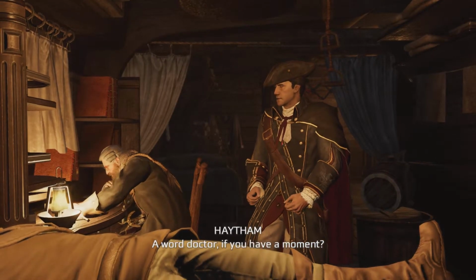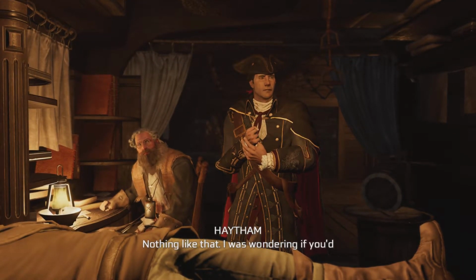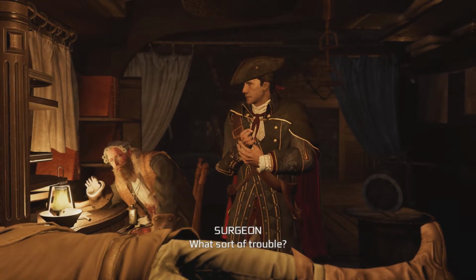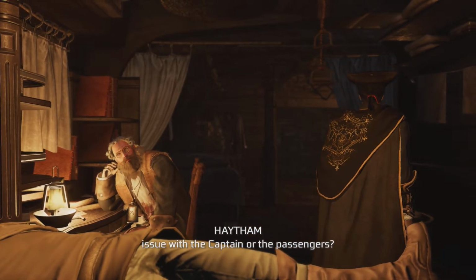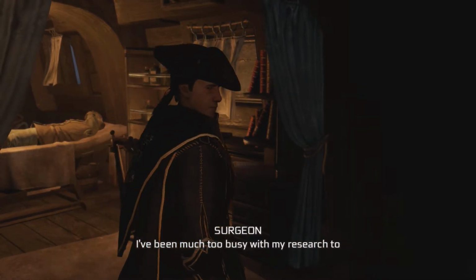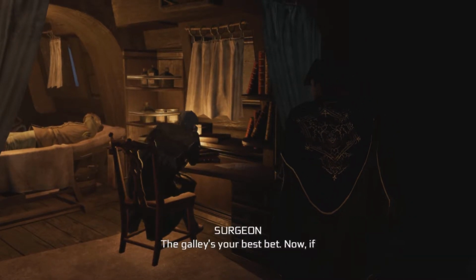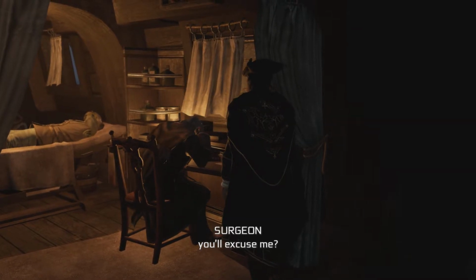A doctor, if you have a moment. Have you taken ill? Oh, nothing like that. I was wondering if you'd heard any rumblings of trouble aboard. What sort of trouble? Unusual complaints or grievances? Men taking issue with the captain You or the sound passengers? just like James. Men taking issue. Like I told him, I've been much too busy with my research to notice anything not work-related. And where might I find James? The galley's your best bet. Now, if you'll excuse me...